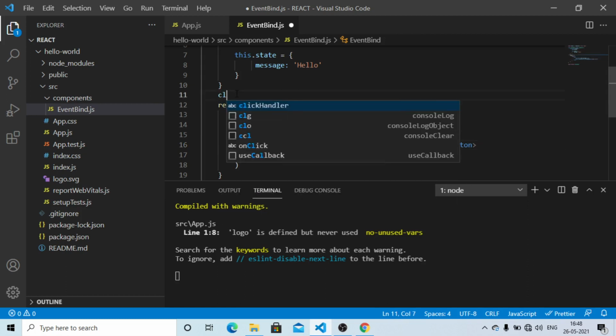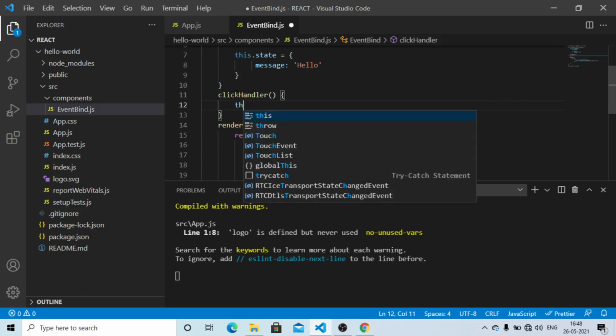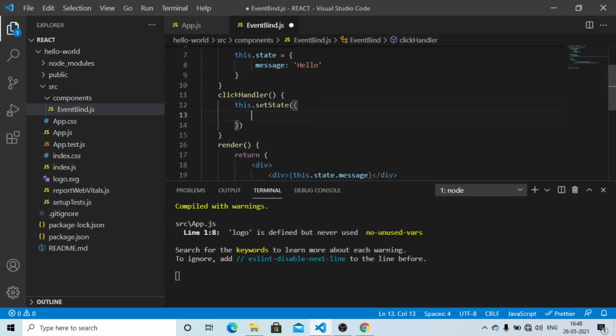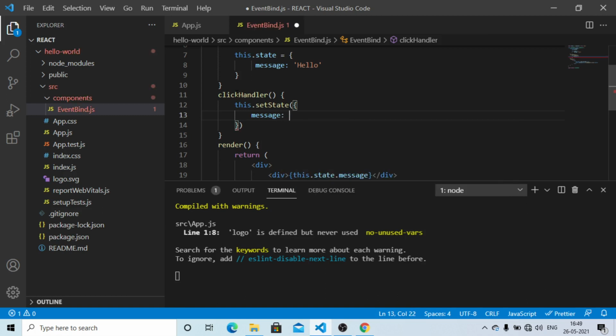So we would like to define a function named clickHandler right above the render method, and we would like to change the message property by having a call to the setState method. So the message property will be changed to goodbye.